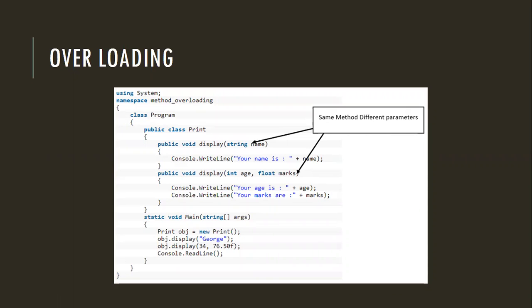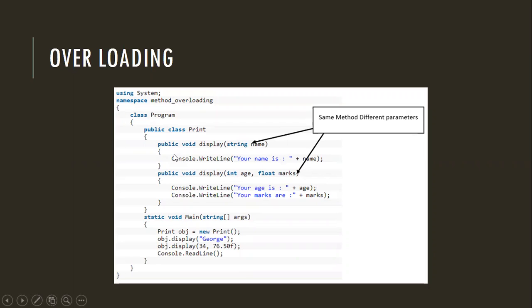Okay, මේක බලන්න display කියලා method එකක් තියෙනවා. මේකෙන් string name එක විතරයි parameter විදියට pass වෙන්නේ. Then your name එක මෙතන අපි string data type එක අරන් name එක display කරනවා. But මේ display එකේ age and marks also being taken and then it is being displayed. So data type එක බලන්න මෙතන integer, මේකෙන් float කියන data type එක තමයි තියෙන්නේ. So the data type also has been changed, the name of the parameter also has been changed, and the range of the parameter also has been changed. Here we are passing only one parameter, but here instead of one parameter we are passing two parameters.